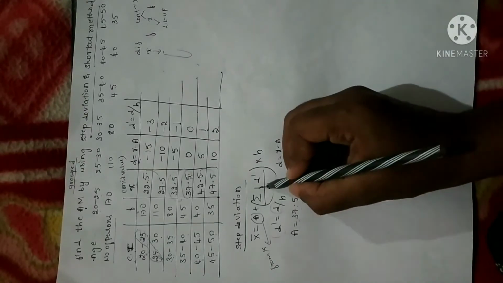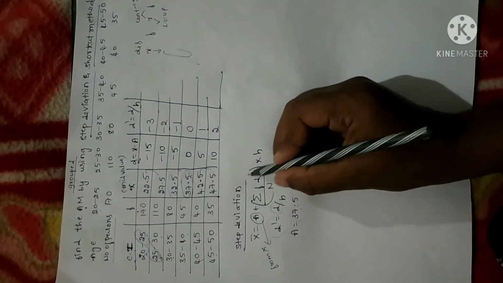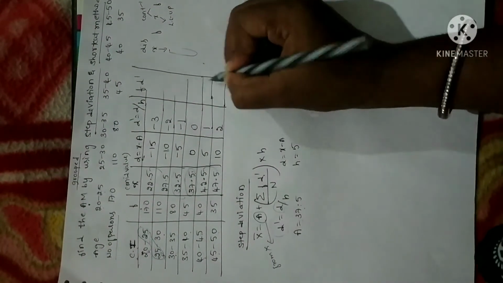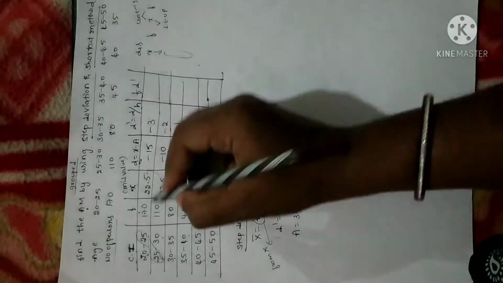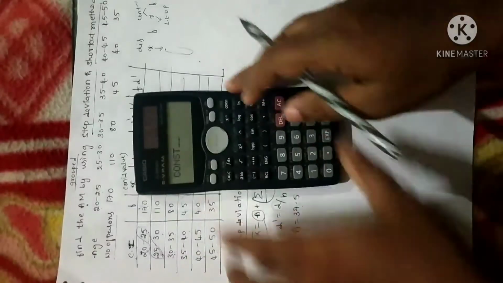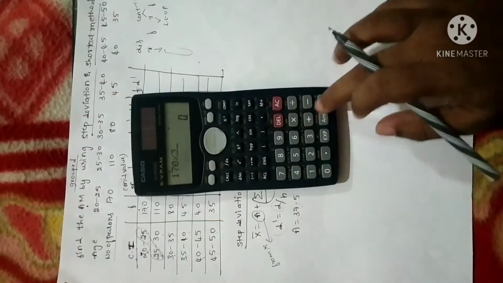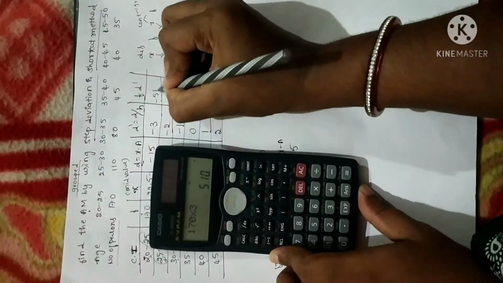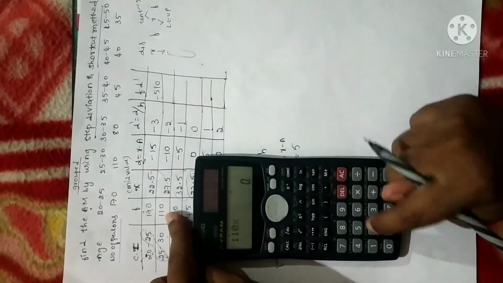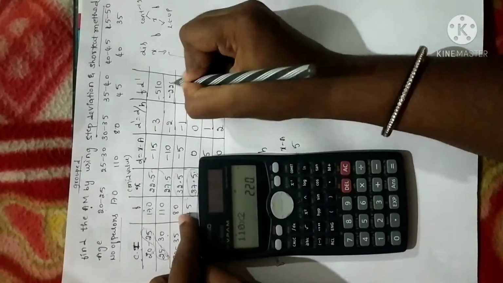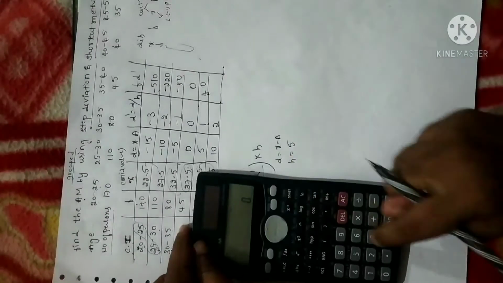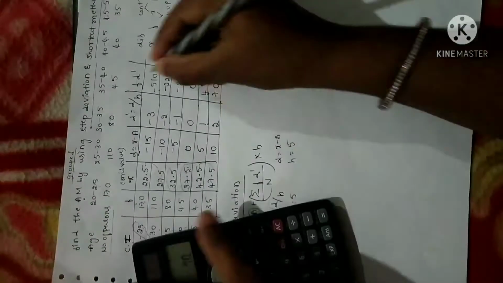But what else we require is F into D dash. I have already got the values of D dash. Now let me find out F into D dash. So F into D dash values I am going to do here. Now what is the value of F I have here? 170. D dash is minus 3. So 170 into 3 I have to calculate. 170 into 3 is minus 510. Clear? Again F is 110. 110 into D dash, minus 2, into 2, minus 220. Again minus 1 into 80 is minus 80. Next is 0. 40 into 1, 40. 35 into 2 is 70. Fine. So I have calculated FD dash.